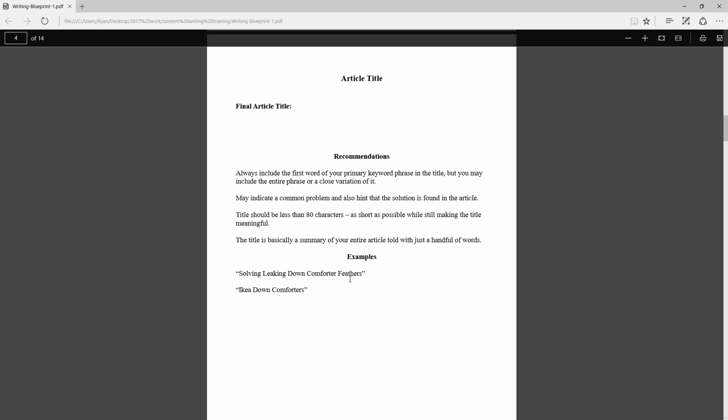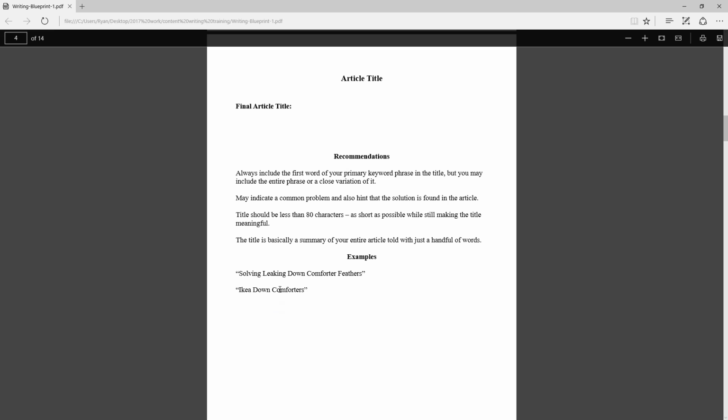Every piece of this article has at least one example of what you should be shooting to achieve with that part of the writing. This should hopefully make the whole process a lot easier for you, especially when you're first getting started and you might be a little unsure of what to put in certain places of your article.